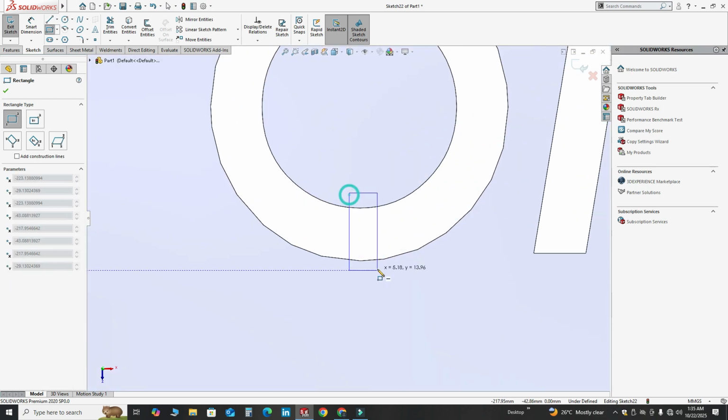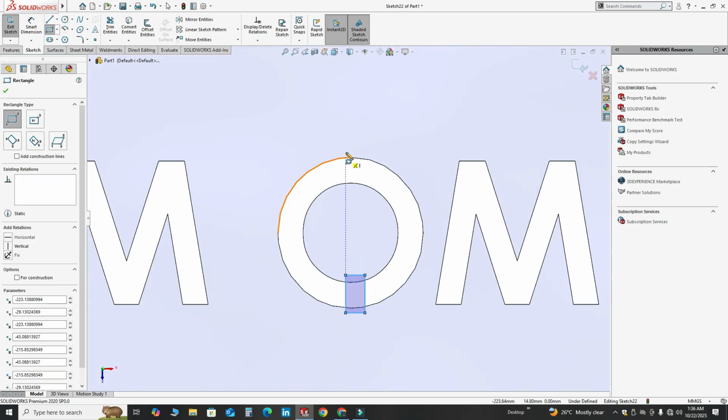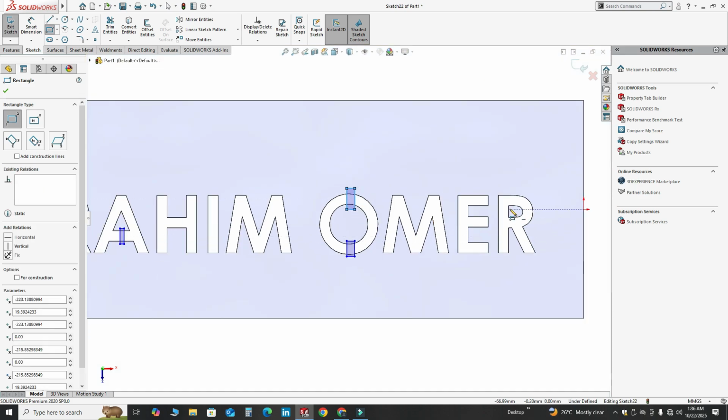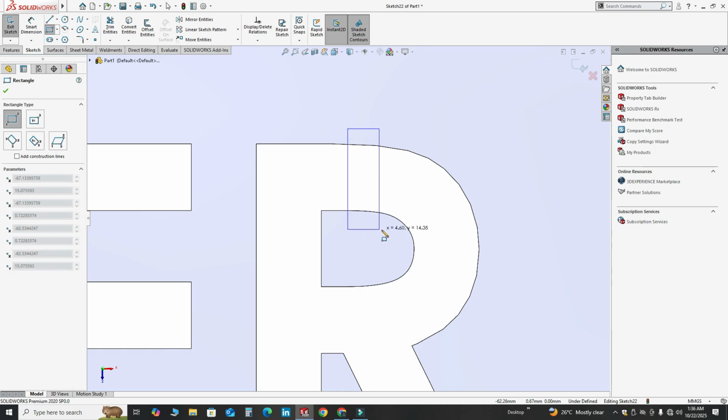For the O, we will use two rectangles, and for the R, I will use one rectangle like this.